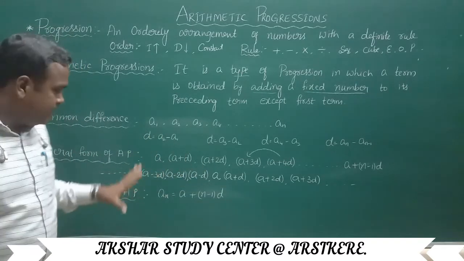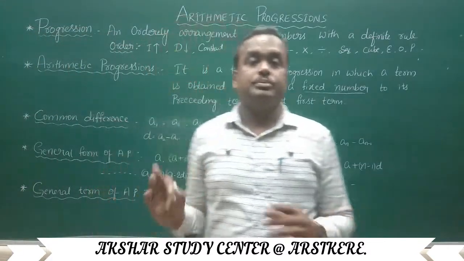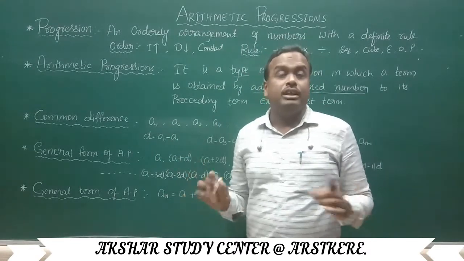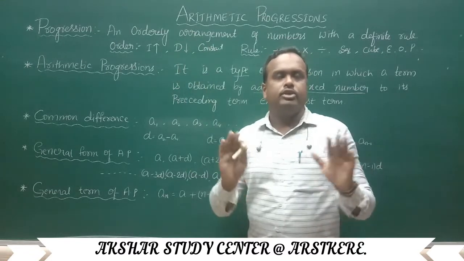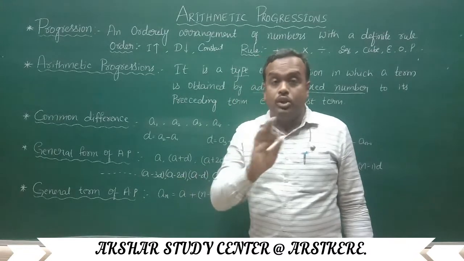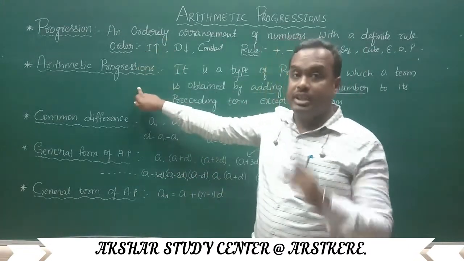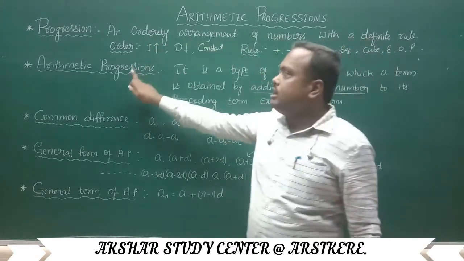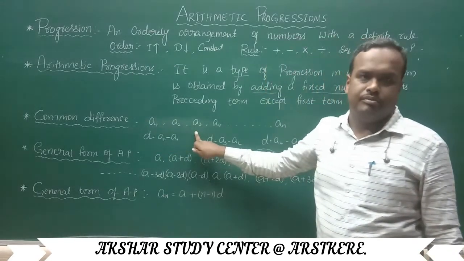Got it, children? Yes, like this we have to understand each and every concept of the basic things of arithmetic progression. If we know this very well, then we may go to the next higher exercises. There you can clarify each and everything. Okay, children, revise carefully. Don't get confused while deciding progression and arithmetic progression. Again I am saying, for progression we have to think of order and rule, and for arithmetic progression we have to check the common difference. Got it, children?